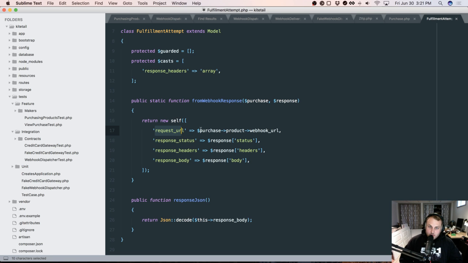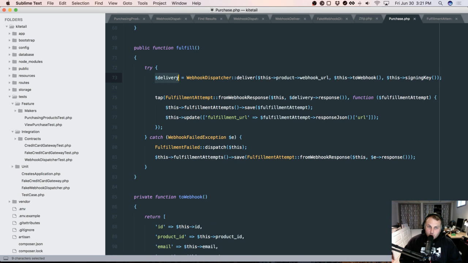URL that the webhook was sent to, we were forced to pass in the purchase, so the purchase could extract that webhook URL. Now that we have access to the full delivery, which includes the request, instead of passing in the delivery response and the purchase, I think we're going to be able to pass in just the whole delivery, not pass in the purchase at all, and use the URL from the delivery's request, which to me is more of an accurate representation anyways, because that's the URL we actually hit, rather than whatever the URL is that is associated with the product. Now, they're going to be the exact same URL, like guaranteed, but it makes more sense to me to get it from the actual webhook than it does to duplicate getting it from the product twice,